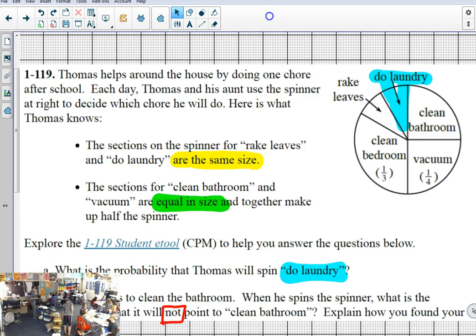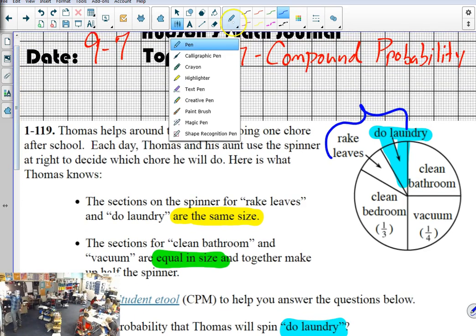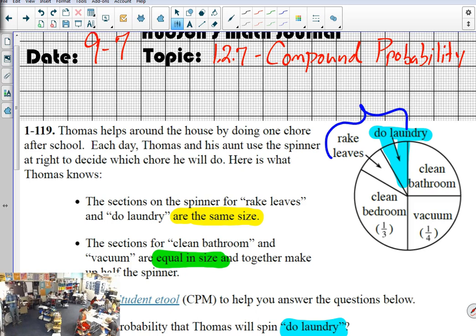You are welcome to ignore me if you so choose. Annie, have you figured out the amount of spinner contained in this section? Yes. How? So we knew that clean bathroom and vacuum was 50% of the spinner. And we knew from previous knowledge that a third of 100 is 33.33333. So we added 50 plus 33.3 and